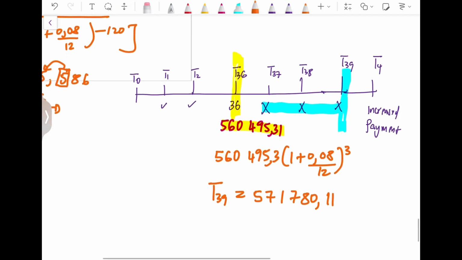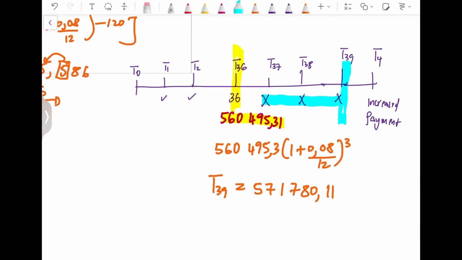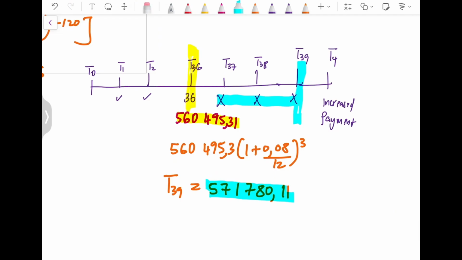Okay, now this is our new loan amount. This is our new P. So going forward from T39 to T120, from T39 until T120,